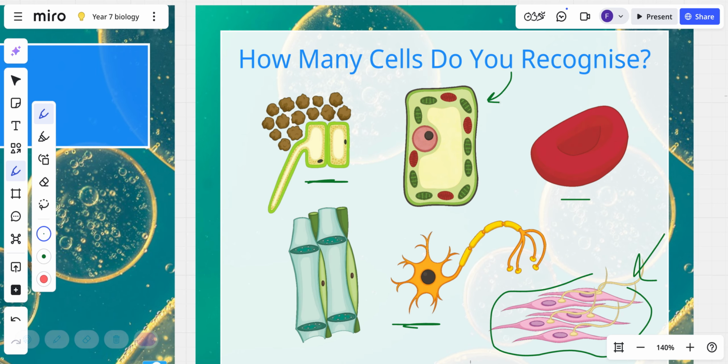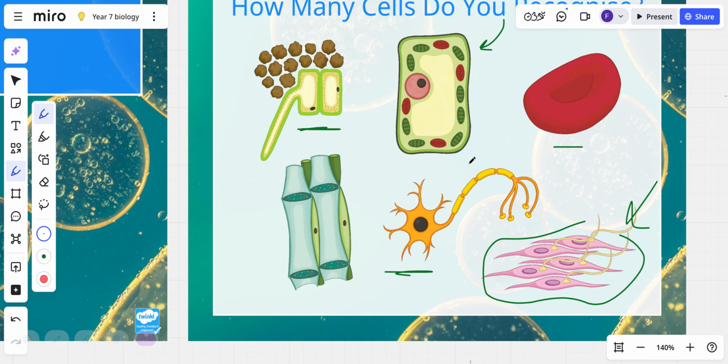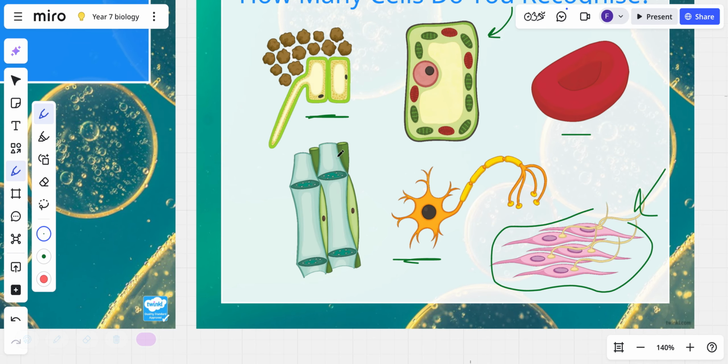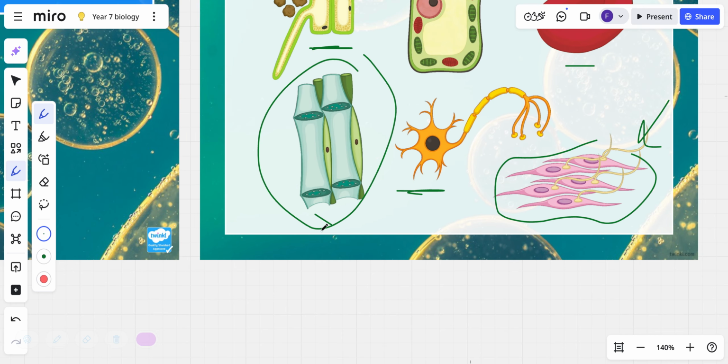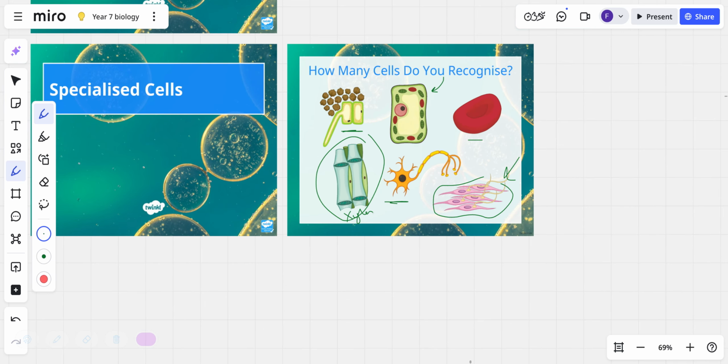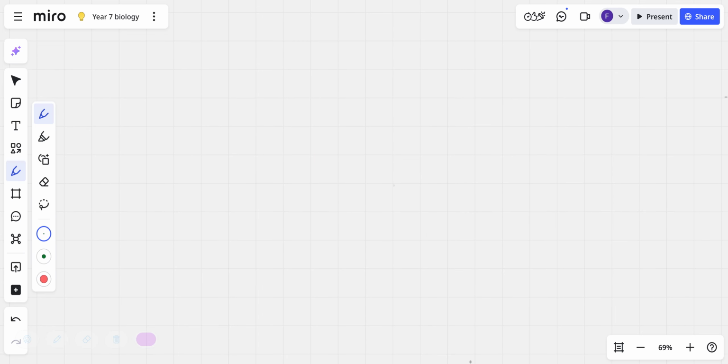Now, that's a palisade cell, and you find it in a leaf. This is a xylem vessel. You'll find that in a plant. And we're going to have a look at them, as I said, in detail. I like looking at plants because you can actually pull them apart and look at these structures inside them. Now, they each have a specialized job, and they are designed for it. In other words, they have certain characteristics that make them good at the job.